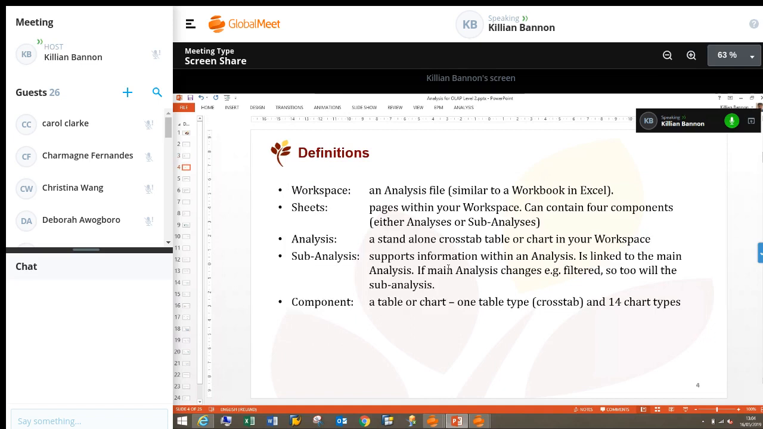The first thing is to go through a couple of definitions which might sound relatively basic, but I just want to make sure that everybody understands the basic concepts that I'm going to keep rattling on about today. The first thing is what's called an analysis workspace. And like with an Excel workbook, the analysis workspace is your file. Within that file, you can have one or more sheets. Now, you have to have at least one, in the same way that an Excel workbook has to have at